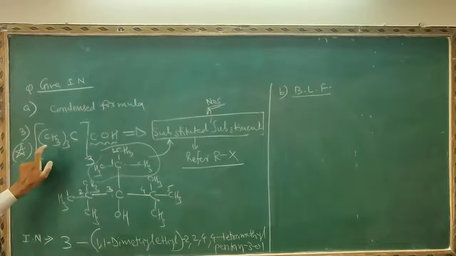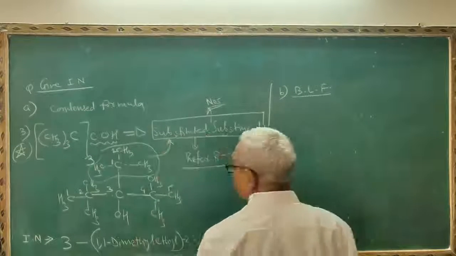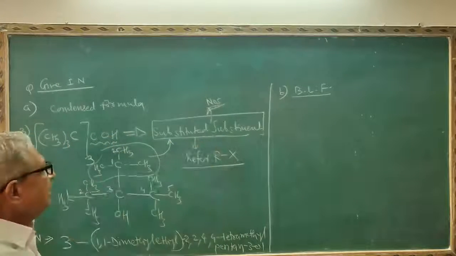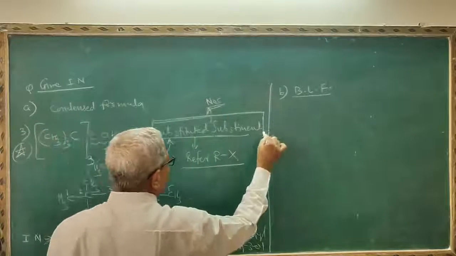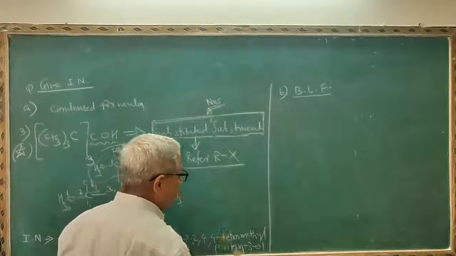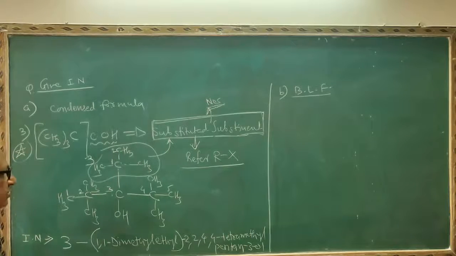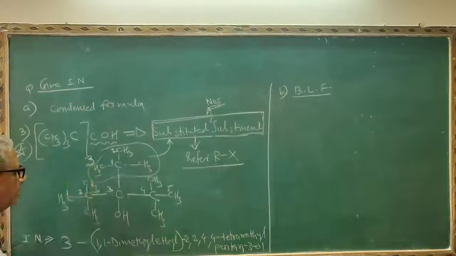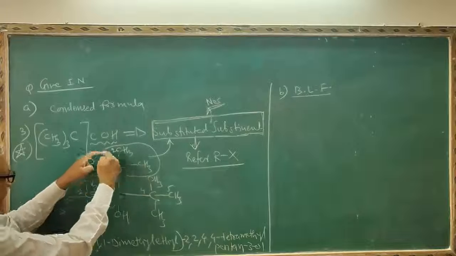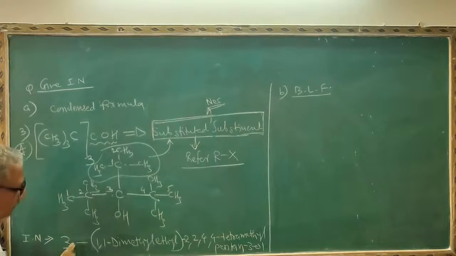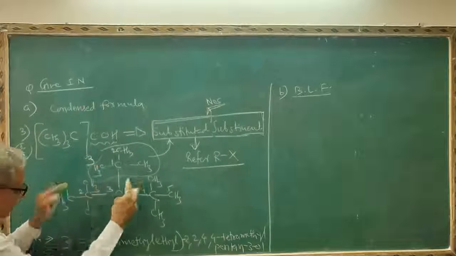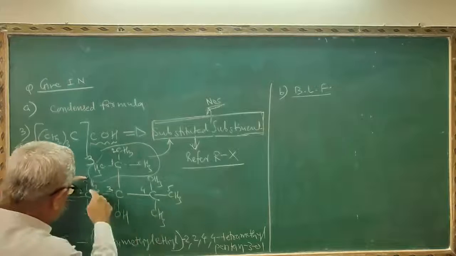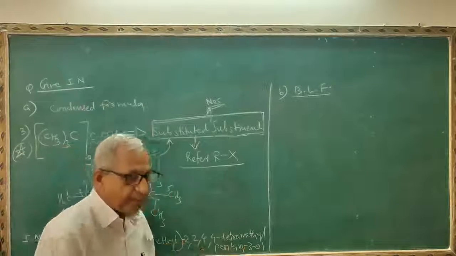This is a very important example as well as a difficult example. I will take the revision of the third example because it is a very important example. In the third example, it is a substituted substituent. This substituted substituent I was explaining in the first topic, halogen derivative of alkanes, that is alkyl halides nomenclature. For the substituted substituent, numbering is given here, 1 and 2. And see on the carbon number 1 and 2, this substituted substituent is present on the carbon number 3. Therefore 3 is written here. The substituted substituent is written in the bracket. And see here 1,1-dimethyl ethyl. Then this is 2,2,4,4 tetramethyl pentane 3OL.